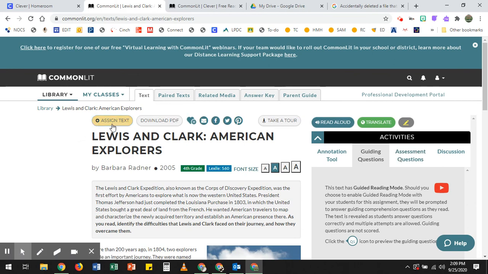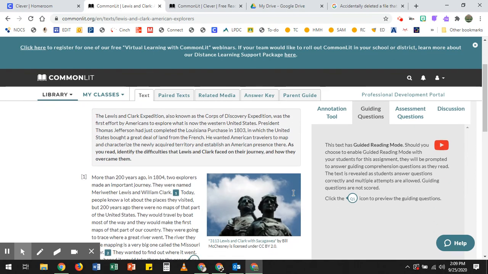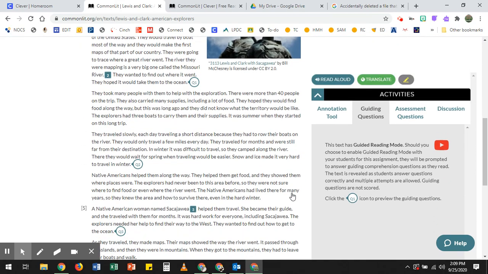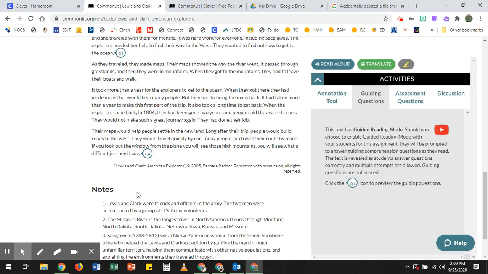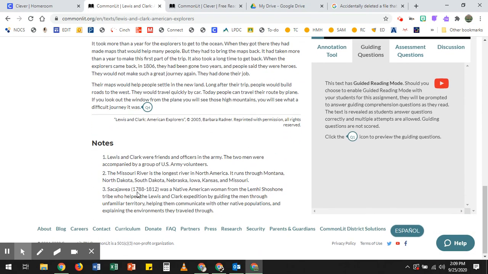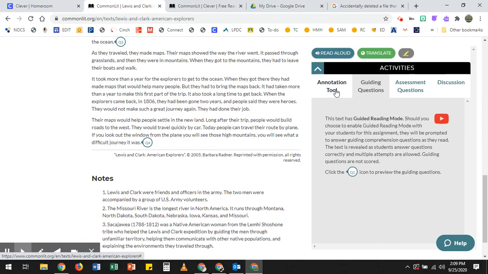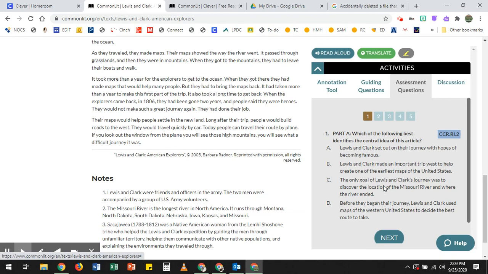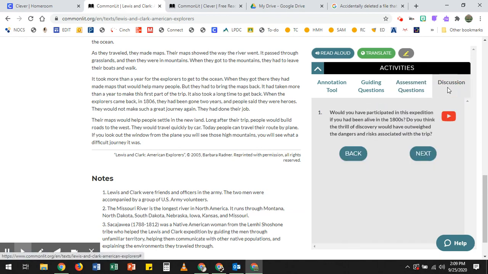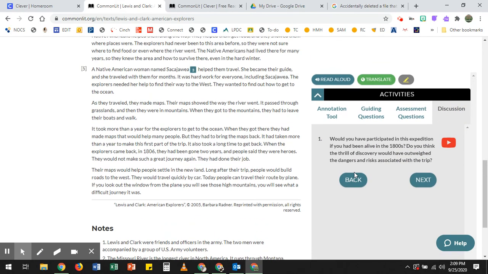And from here, you have the ability to assign the text, download a PDF. You could take a tour at any point. There's read aloud. There's some translate settings. And you'll notice that there's questions embedded within the text that you can assign to students. There are also different activities here. There's an annotation tool, guiding questions, assessment questions that you can review, as well as the ability to initiate a